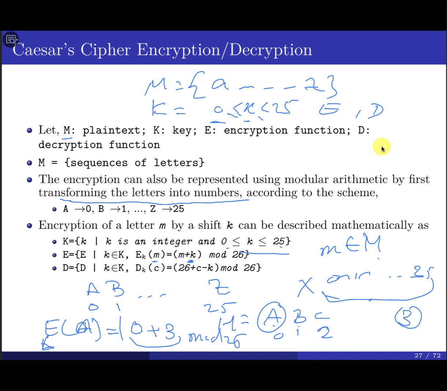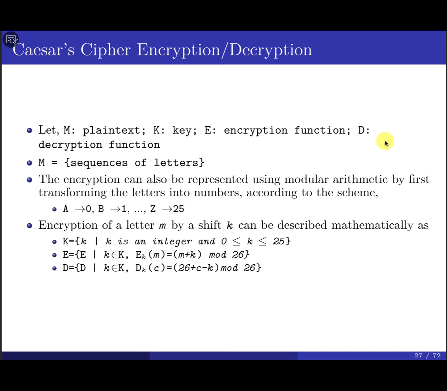Once you have the value, of course, we have the mapping for every single letter into numbers, and I know 0 plus 3 is going to be 3, so I have C, D, it will be 3, so in this case the result is going to be D. In order to decrypt the message, you need to do what? Use this formula, okay? So you have whatever the ciphertext is, in this case it's going to be D.